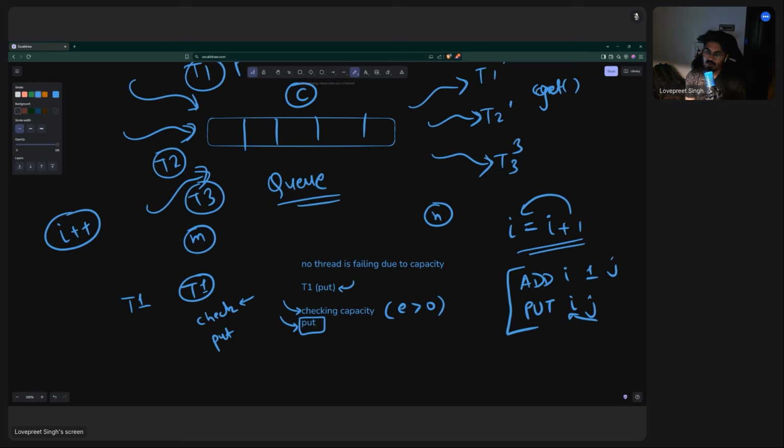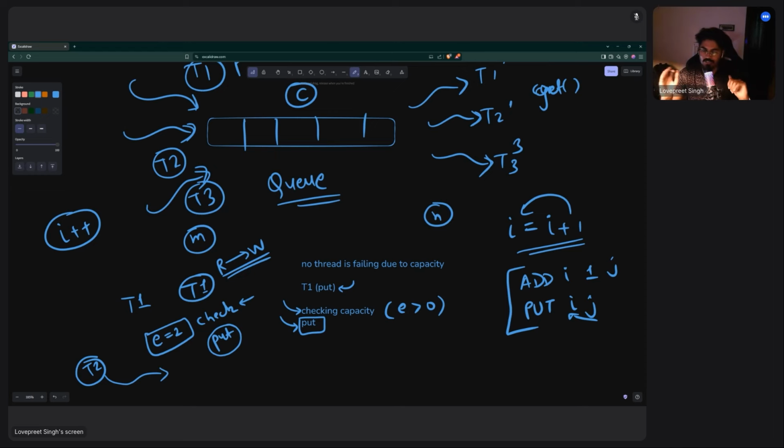As soon as it checked capacity, it got the result, let's suppose empty space is 2, which means at least 2 vacant spaces are there. Now when it was going to put the element inside the queue, some T2 thread came and got scheduled. T1 was running, and it went to the waiting state. Remember, we discussed that T1's stack pointer and program counter get saved to the thread control block. So here I ran this. While I was running, my program counter, meaning the next instruction which we will run, was about to execute when T2